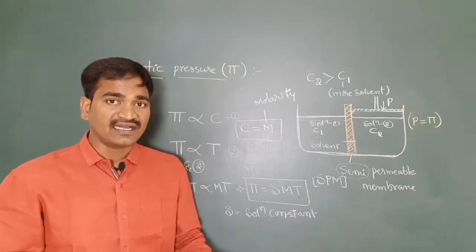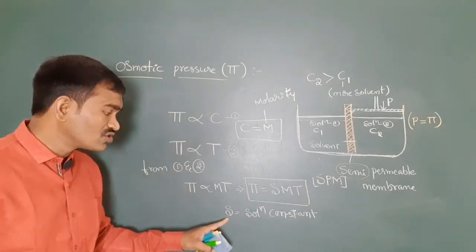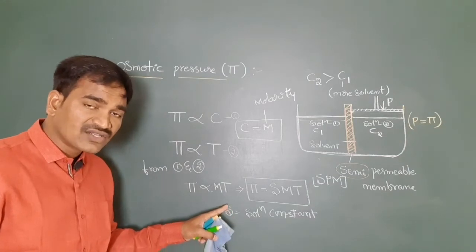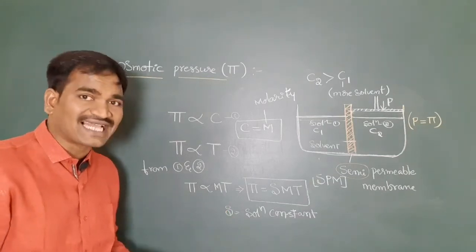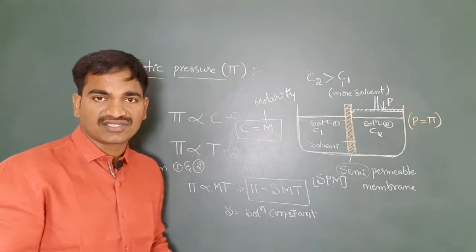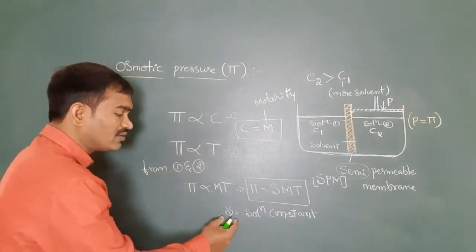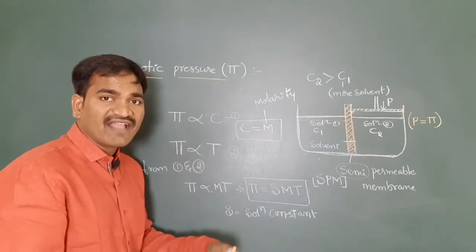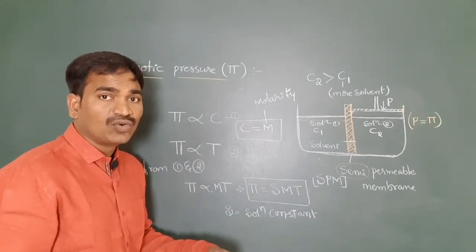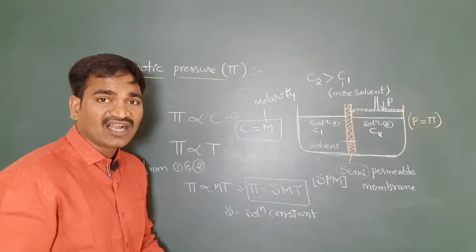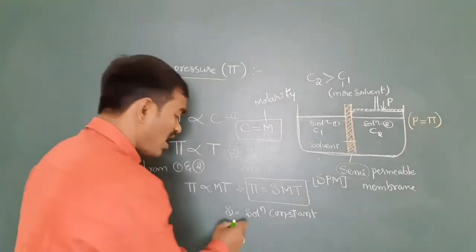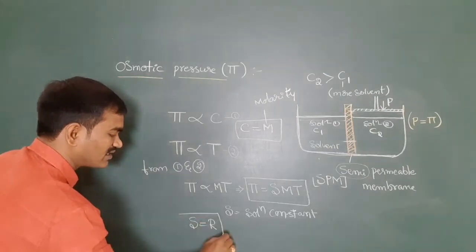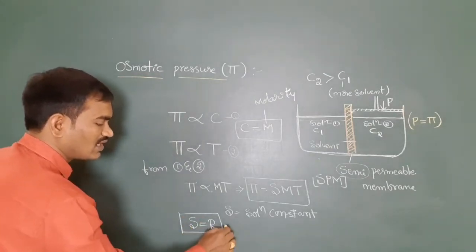So here, therefore, this solution constant, which we are taking as S, is equal to the gas constant, the universal gas constant. You know very well. Why do we have to take both as equal? Because dilute solutions behave like ideal gases. Who gave this point? Van't Hoff gave it. So that's why S is equal to R. You can take it like this. Okay, S is equal to R.